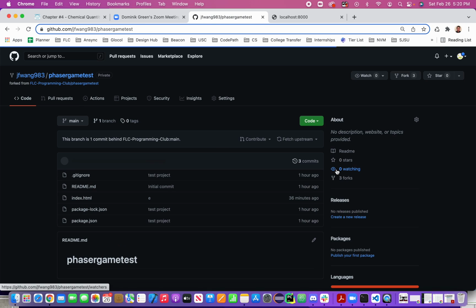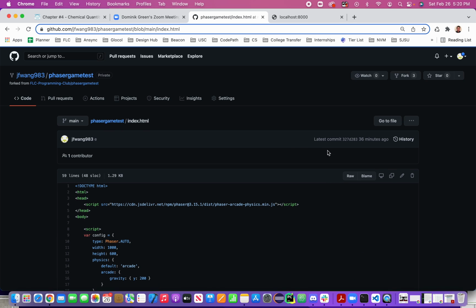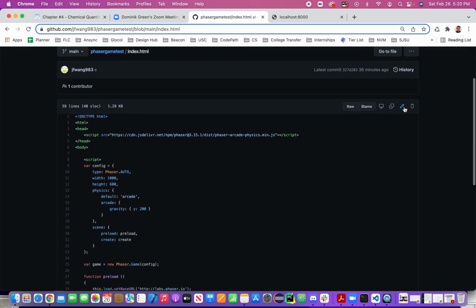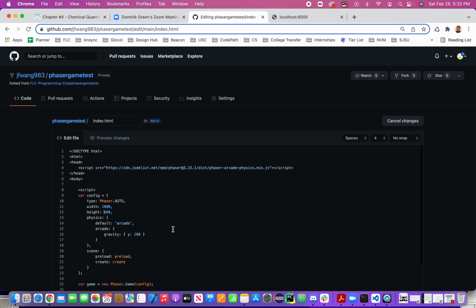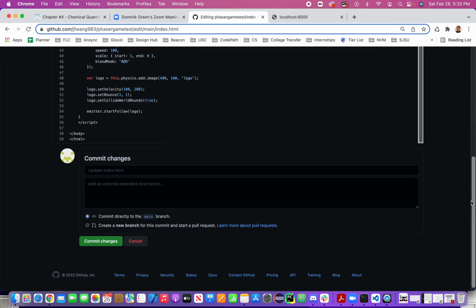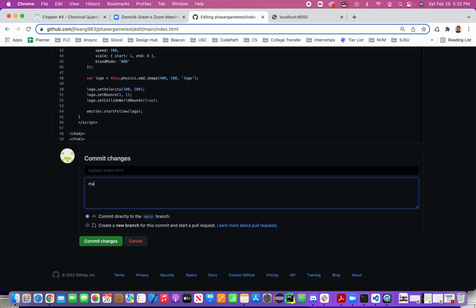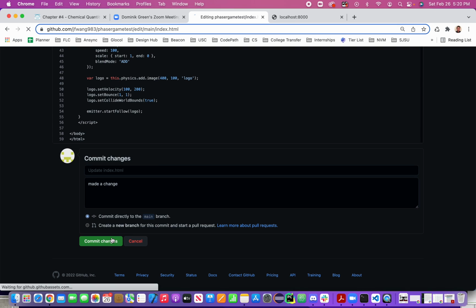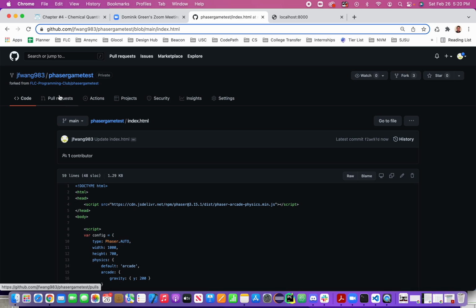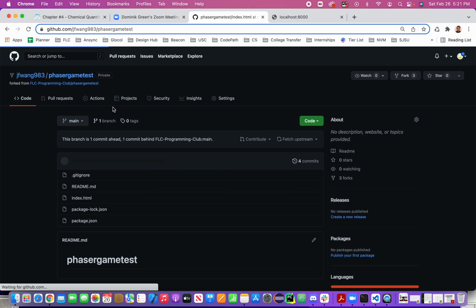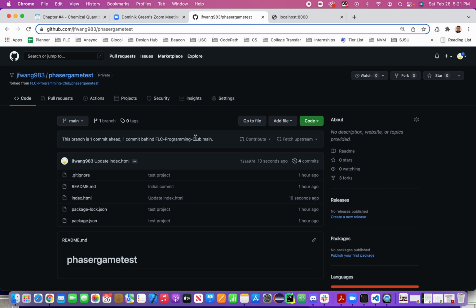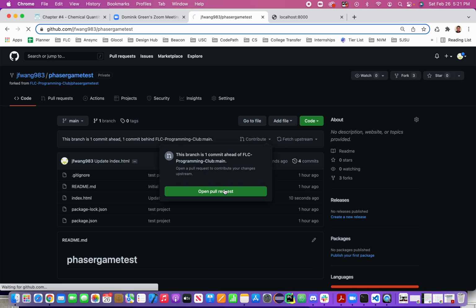But once you finish with that, let me just make a quick change myself. Let's just say instead of the height being 600, let's make it 700 just for fun. Made a change, commit changes, wait for it to load. Okay, there. Now we're ahead of the main code base, and we want to make our change. So the branch is one commit ahead. So we're going to hit contribute, open pull request,